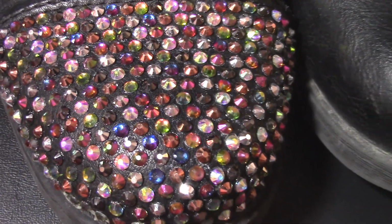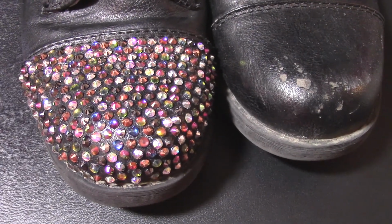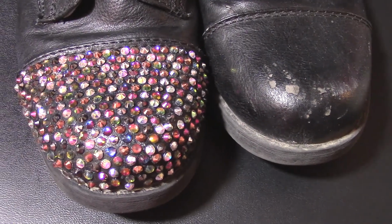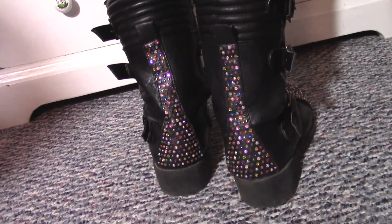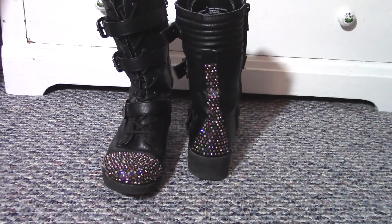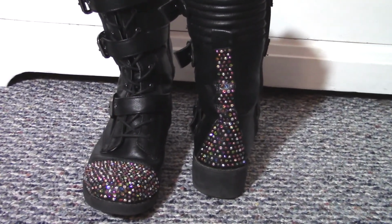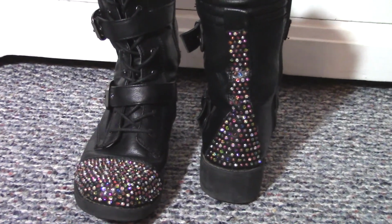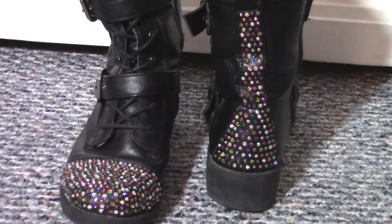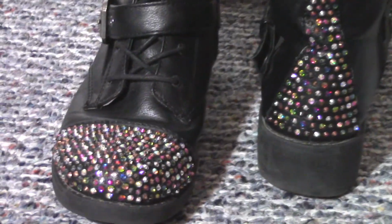So I bedazzled both toes of the boots, and then, guys, surprise, I bedazzled something else. Yeah, there's the close-up of the chunk taken out of the toe. Okay, I get it. Voila, though. I bedazzled the backs, too, because I had extra gems. There's that shape on the back, the shape of the leather, or I don't know if these boots are made out of actual leather, whatever boot material. It's in that shape on the back, so I just followed the curve of that shape